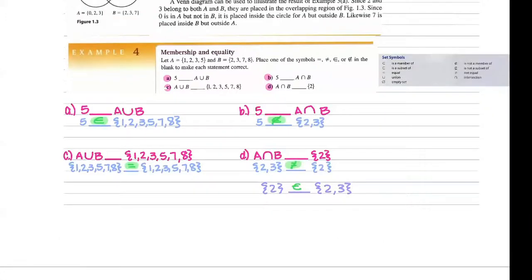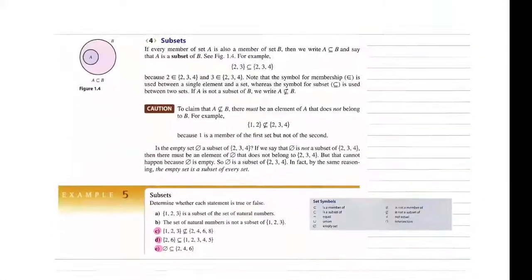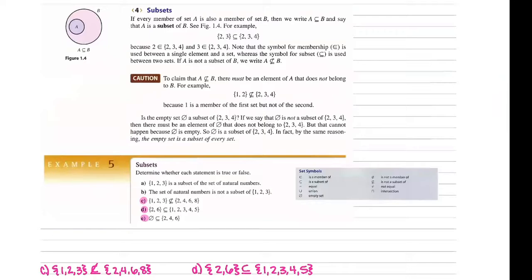So the next part of our notes goes into subsets. I'm not really worried about this. It is something that we should go over just so you have a general representation of it. But again, I'm not really worried about it. It tells you in your little description that A is a subset of B. This just means that the set {2, 3} is a subset of {2, 3, 4}. So again, it looks like